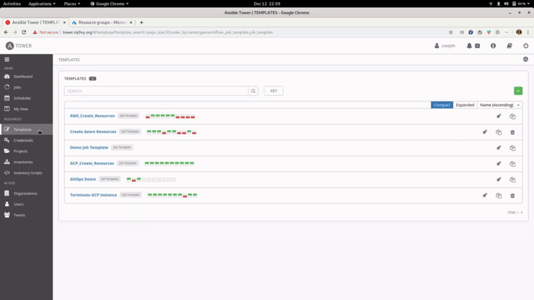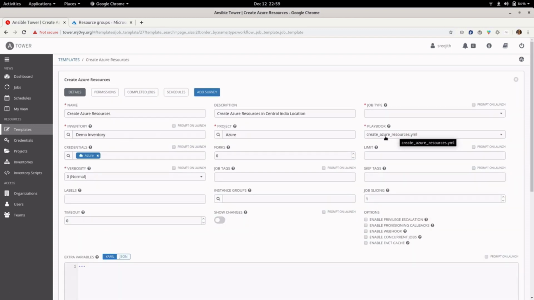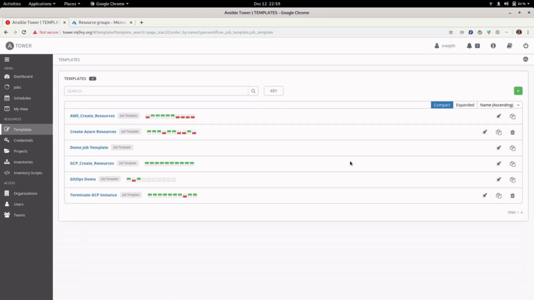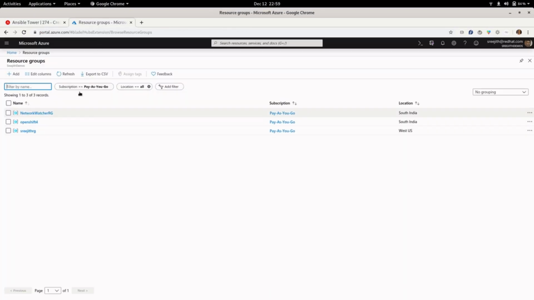I'll go to the template here. Create Azure Resources is a job template which I am using, which contains the create Azure Resources.yaml playbook which I showed you earlier. So I'll go and execute this template, and in the meantime I will log into Azure and check the resource groups which are existing.